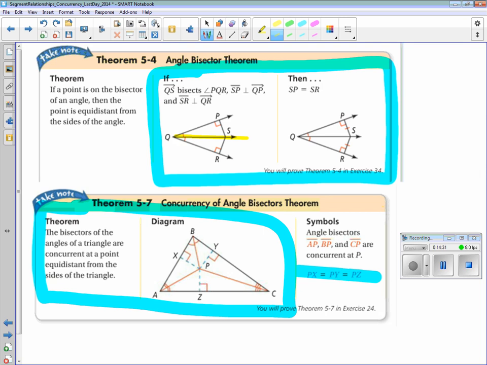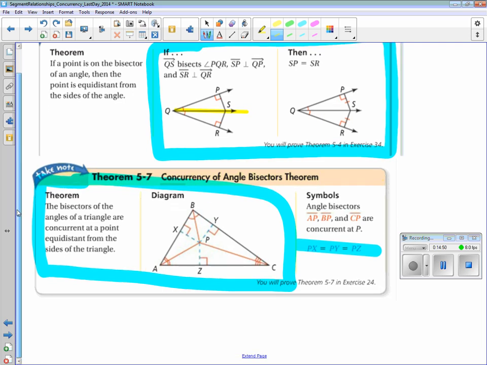Actually, we should know, it's not an official theorem yet, but the shortest distance between a point and a line is a perpendicular. So from point S to line QP is that perpendicular. That length there is the same as the length on the other side. Okay? The second one is one that we'll be looking at a little bit more and examining it a little bit more closely. And what I'm about to tell you for the next 3 theorems we're going to do have a lot to do with your MYP